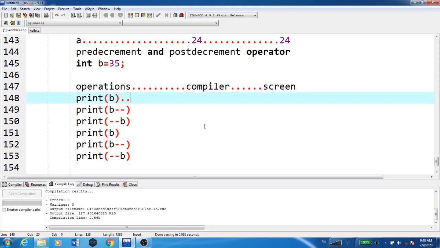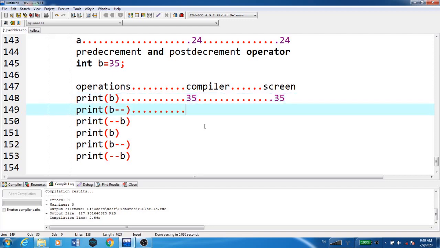So here what is happening? B means it will store 35 in the compiler and it will print 35 on the screen. Now B--, that is we are decrementing the value of B by 1.